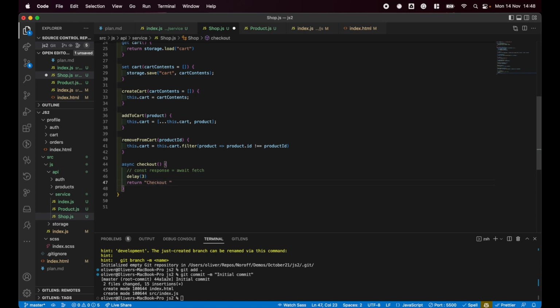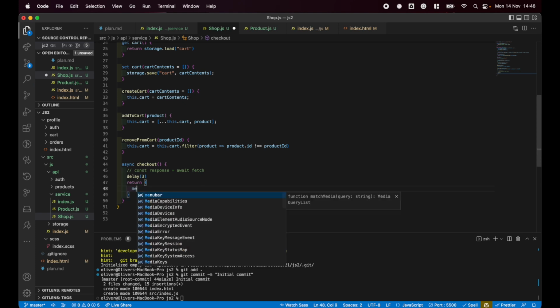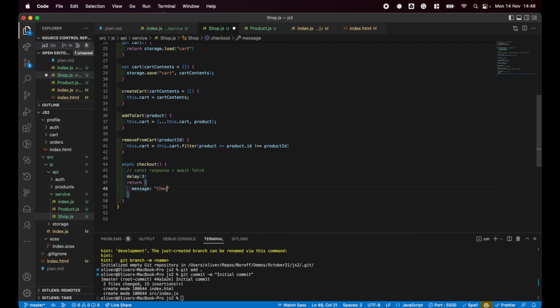I mean, we would probably get an object back from the API. So it's going to say something like message, checkout success, and order value, and that's going to be the total,